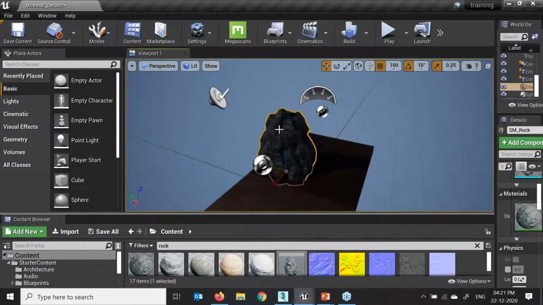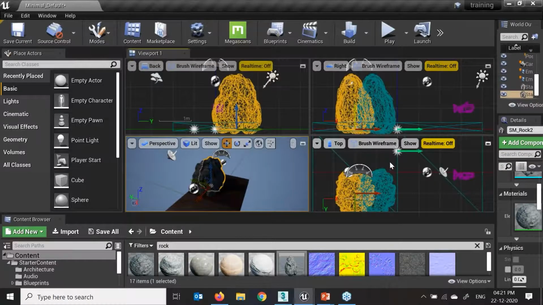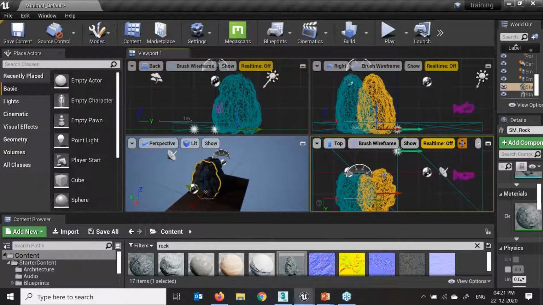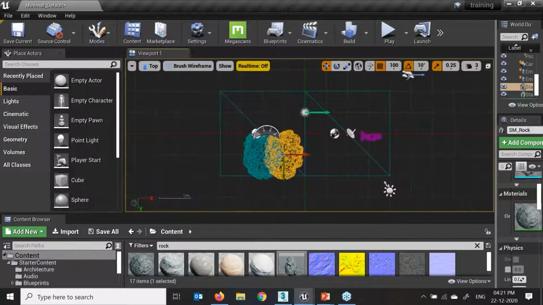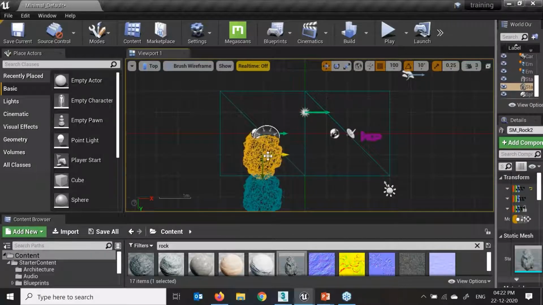If I want to make a duplicate, Alt and move the arrow. Here I can do it. This time I will use the top view. Click on this. Select, move this. Select, Alt, move.